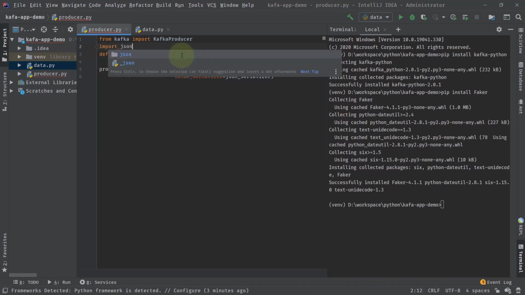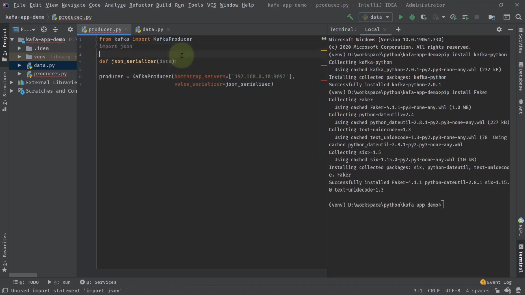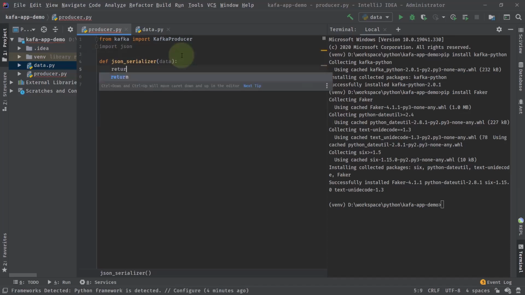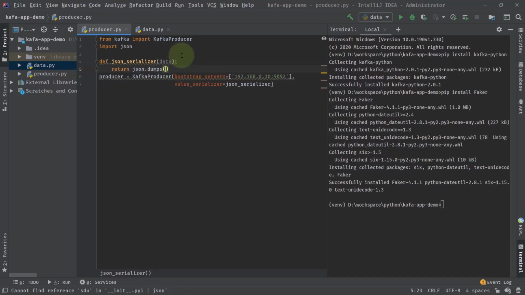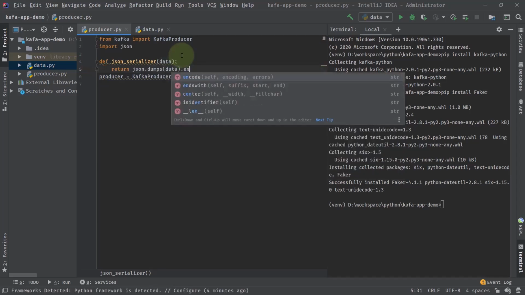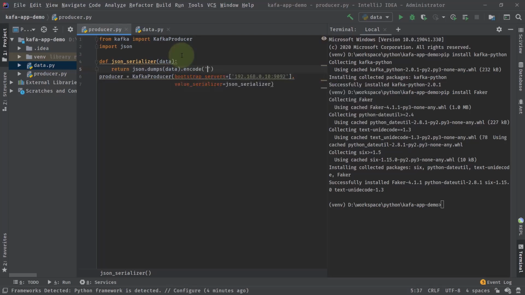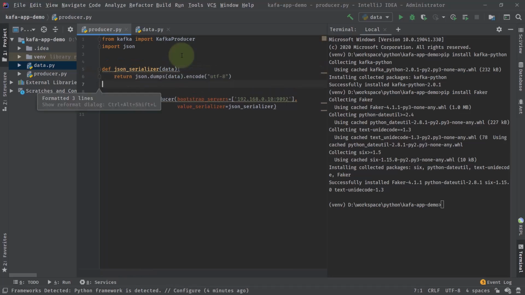You just need to import json, and then return json.dumps of the data, the JSON data. You also want to encode it so that when you are deserializing it, all the text is based on UTF-8 encoding. So this is encode, equal to utf-8. This is the value serializer that we have written.